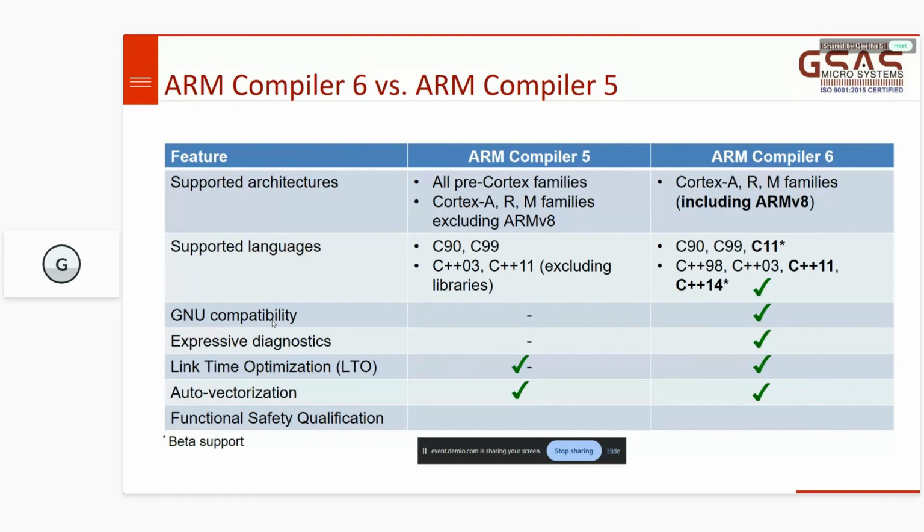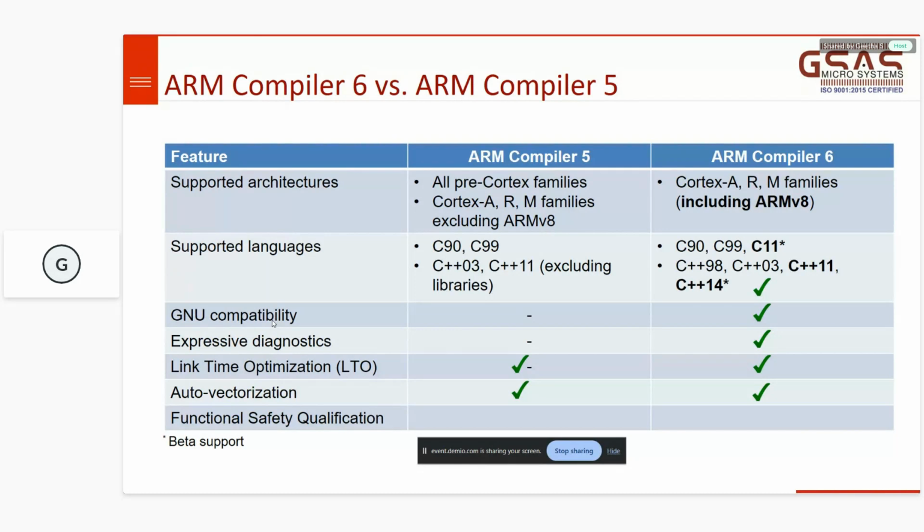Okay, GNU compatibility. Why GNU compatibility? Because GNU is open source and customers tend to use open source maybe to reduce their overall cost, or due to budget constraints, they're not able to afford a commercial license or whatever. Such customers, if they're developing some product which needs the safety certification, or the product goes to automotive, medical, industrial, or railways, then maintaining this GNU compatibility means you can easily get the code, whatever you developed in GCC compiler,